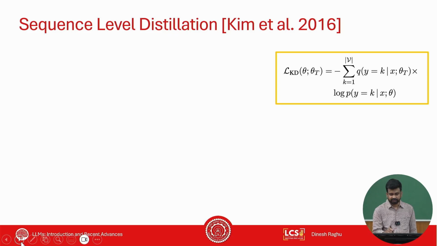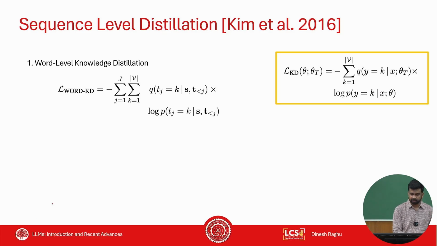So what I talked about before is more like single step distillation, right? Now what if you want to distill a whole sequence, in an autoregressive manner or something? So this is our usual knowledge distillation equation, where the Q's are the teacher likelihoods, and you want to match the student ones to be exactly the same as the teacher's. Now, in word level distillation, we add this summation over all the j words, and it's simply the same as before, right? You do it one word at a time by fixing the other ones.